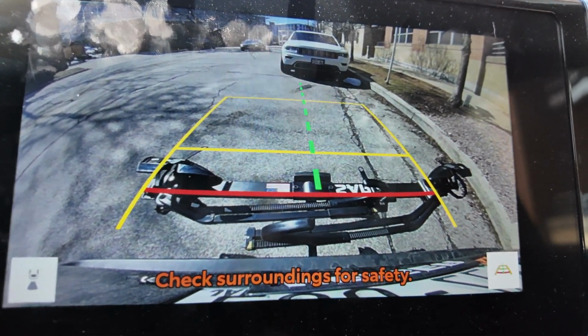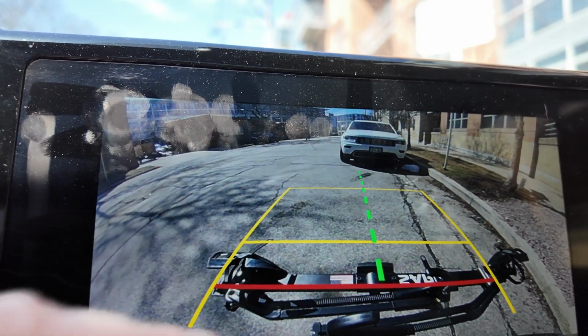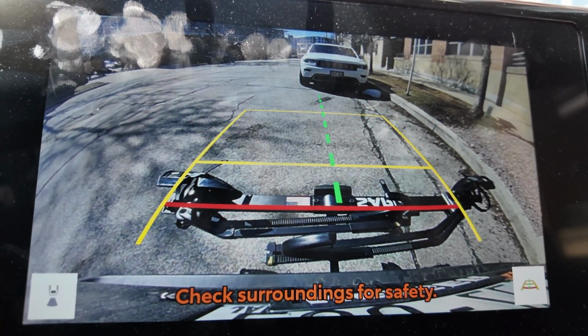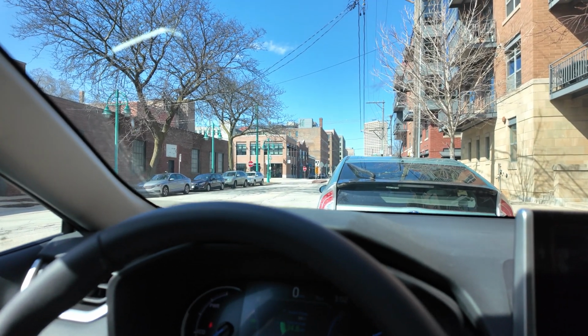Check your surroundings for safety. So you can see the red line is usually like you're way too close. It just gets a little bit further out, but other than that, it's still very accurate of where your safety measures are. I don't really talk too much about cars here, but yeah,